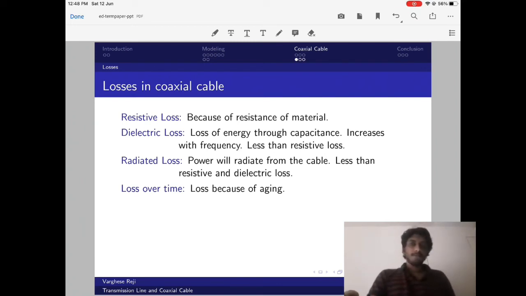Third one is radiative loss. This happens by the radiating of signal, meaning electromagnetic waves, in the coaxial cable. Another thing is loss over time. This happens because of aging of the coaxial cable materials, maybe the dielectric, maybe because of rusting of material, maybe because of oxidation, and there can be different reasons for that. So those are the major losses that we are looking at in a coaxial cable. Also we already saw the loss because of reflection earlier,